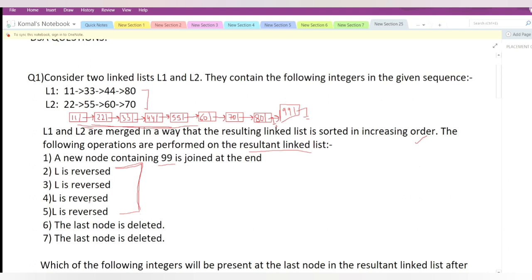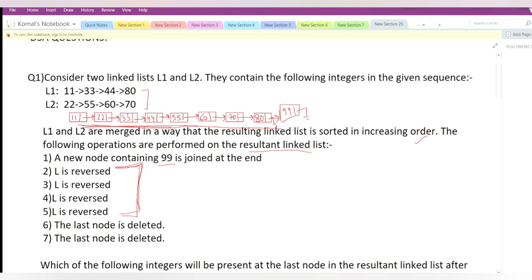If it is odd, then the linked list will be in reverse order, but the number of operations for reversing they have given is even. So after reversing it n times, that is an even number of times, you will get the same linked list, that is this only. So this is a trick you should remember.